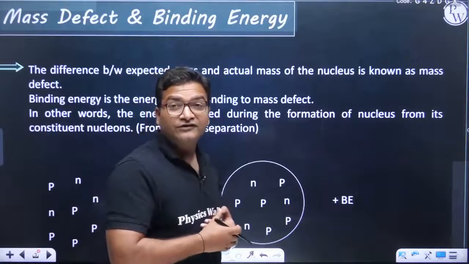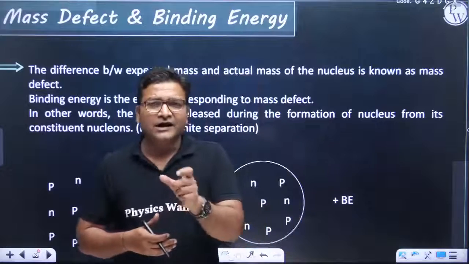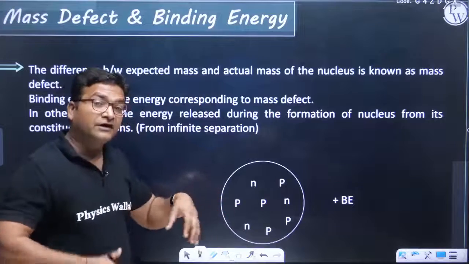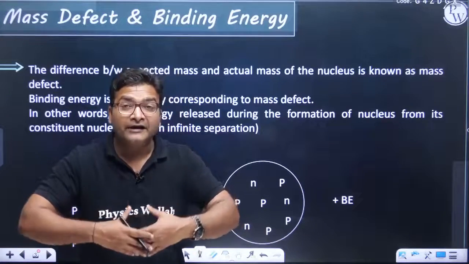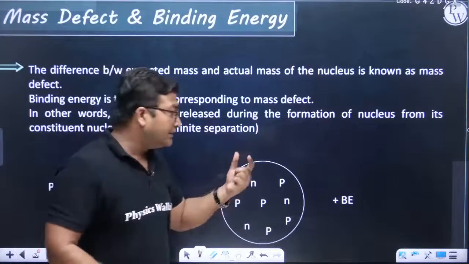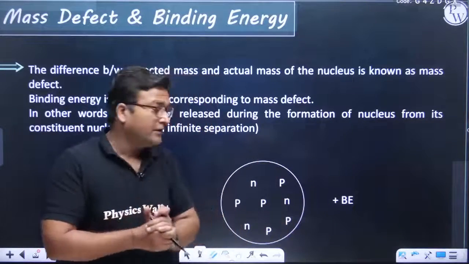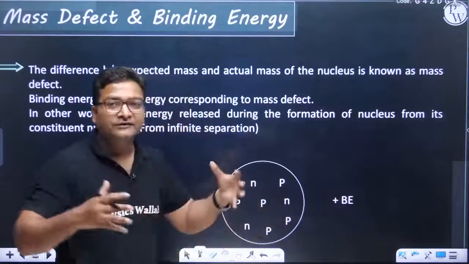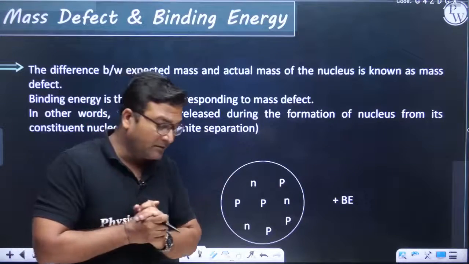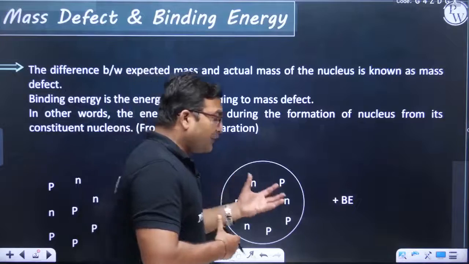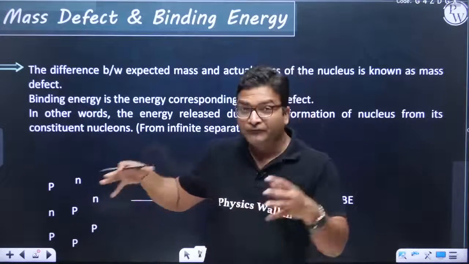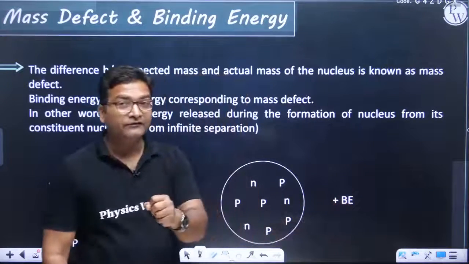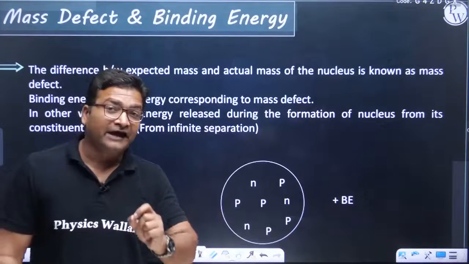So Einstein solved this mystery, and he said mass and energy are interchangeable. The mass which is decreasing here is being converted into energy, and it is being released in the form of energy, and the energy released because of the mass defect is called binding energy, because this energy is used to bind the nucleus, or all the nucleons, together. So always remember, when nucleons fuse to form a nucleus, energy is released, and this energy is called binding energy, and the source of this binding energy is actually the mass defect.